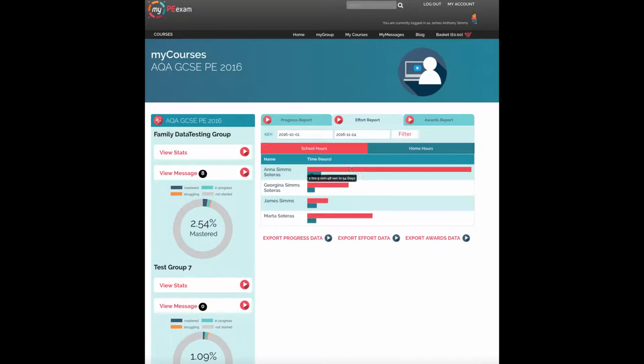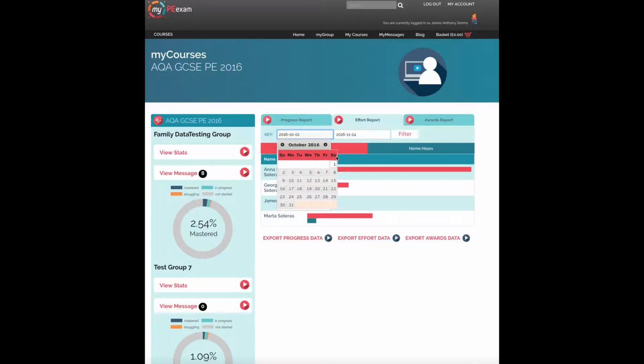You can see that Anna is kind of the one I tend to use. Now, the red bar, in this case, 2 hours, 5 minutes and 48 seconds, this is time that the student has spent in school hours. In other words, between 9 and 4 during the weekdays. But in this case, Anna's also done 10 minutes and 35 seconds in this time frame as home study, so I can get a feeling for that. I can also see that we've got James as our least productive student over this time span.